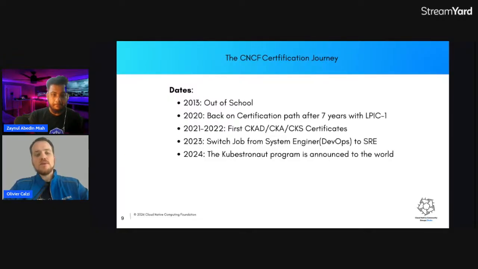And in 2021-22, I was able to pass CKAD, CKA, and CKS, which were the only Kubernetes certifications at the time. And those alone let me show my firm enough skills for them to give me an OpenShift project with a bank customer in Belgium. And the goal was simple. This customer wanted OpenShift without knowing why they wanted OpenShift and what they could do with OpenShift. So with the team I was part of, we had to take care of everything for them.